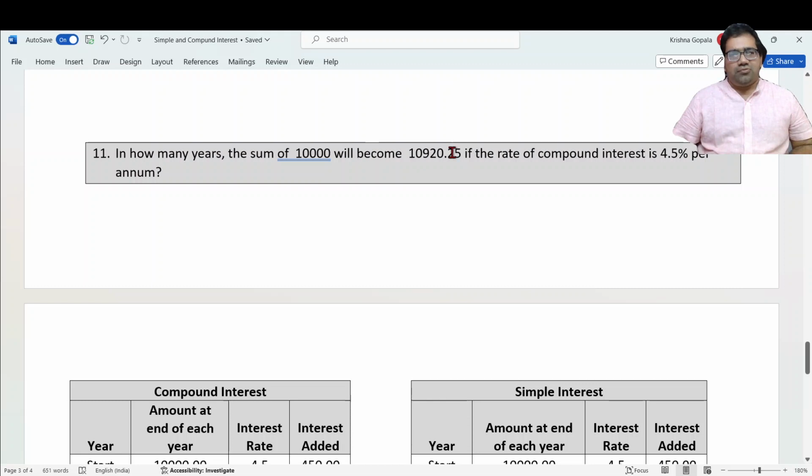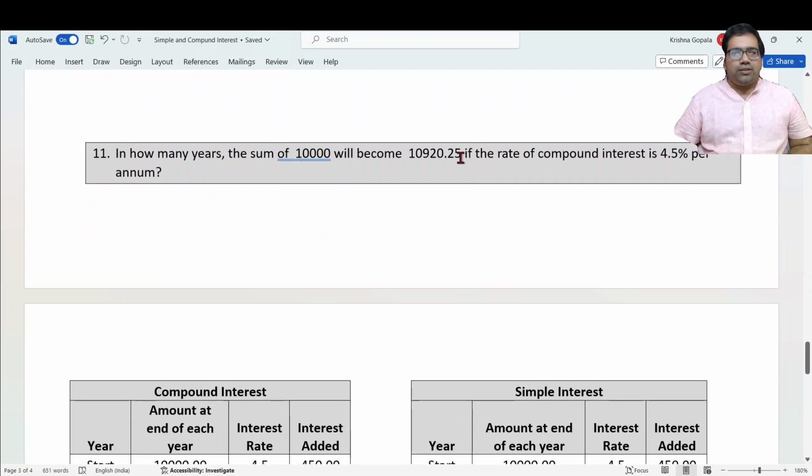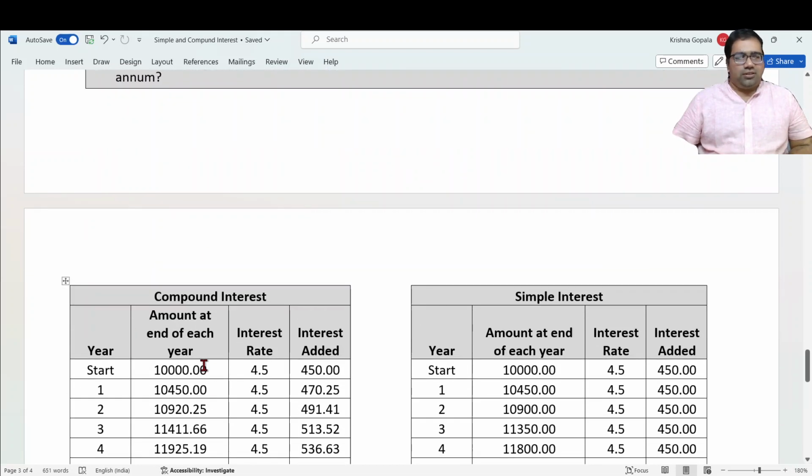In 2 years, if it was simple interest, it would have been 4.5% of 10,000, which is 450 per year, so 900 in 2 years. So the compound interest amount would be greater than 900, right? It is 920, which is close to 2 years. That's why we tried for 2 years and it worked out for 2 years. Okay,